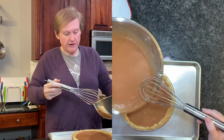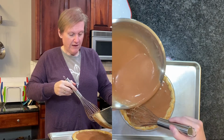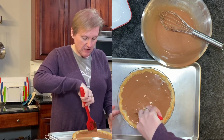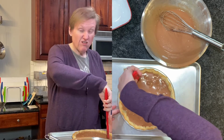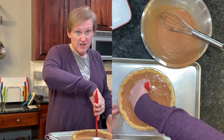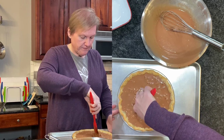This is pretty full already. I feel like if I try to make sure it gets all up underneath the pecans to try and fit more in, they're all gonna rise to the top anyway as it bakes, if it's anything like any other pecan pie I've ever made. So,